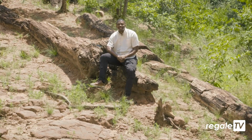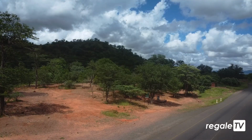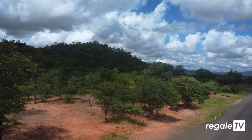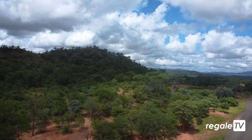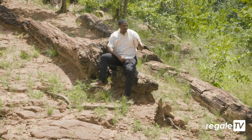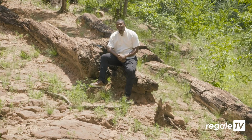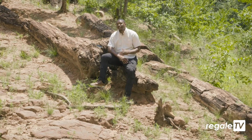This place is located 2 minutes from the Siavonga turnoff as you head towards Chirundu, about 21 kilometers from the Chirundu border itself. Such an eye-opening experience into nature and how these tree trunks have evolved from tree trunks into rocks. And it's just a place you want to visit. It's a place you want to experience. It's an experience I can't explain,